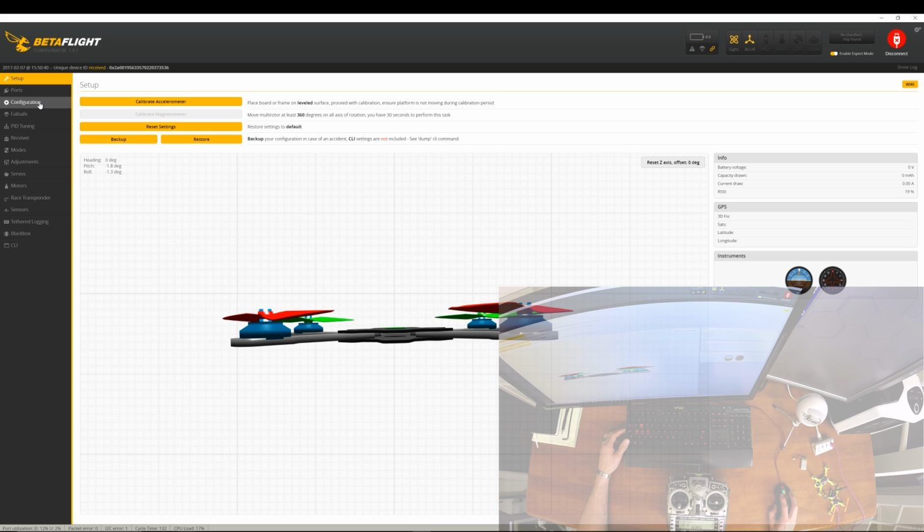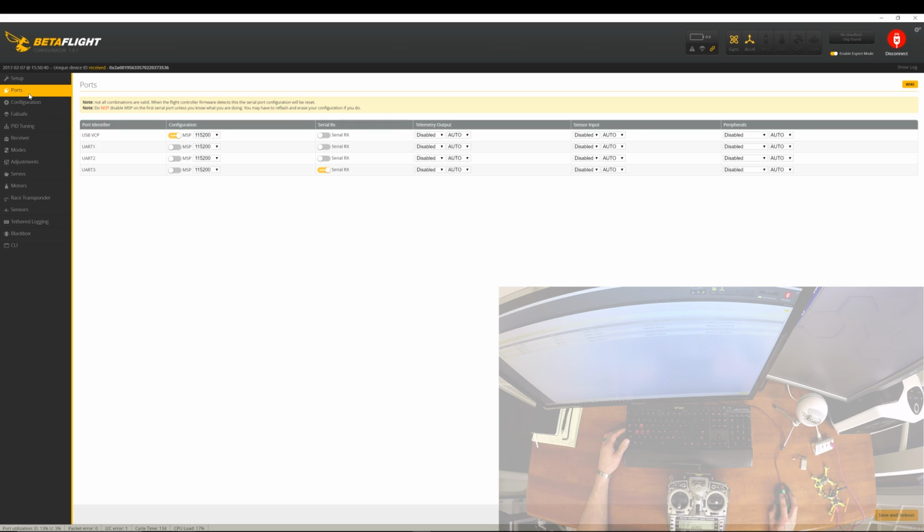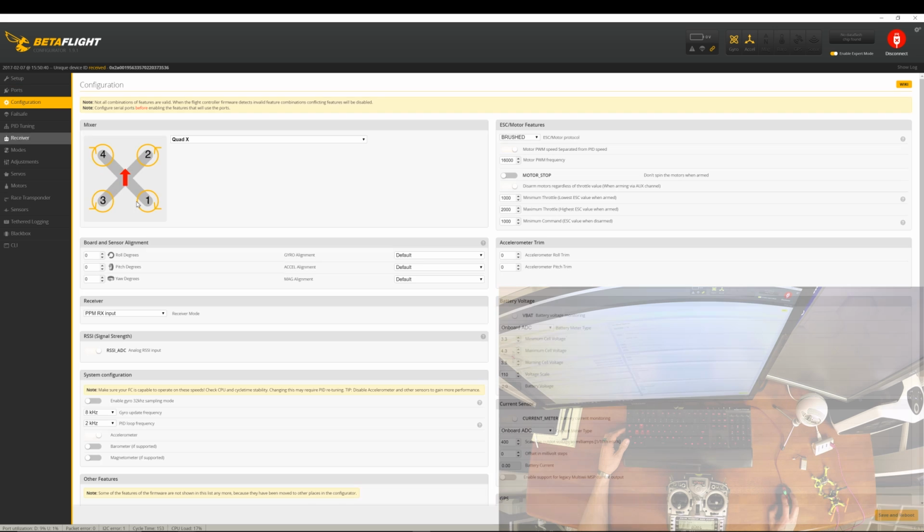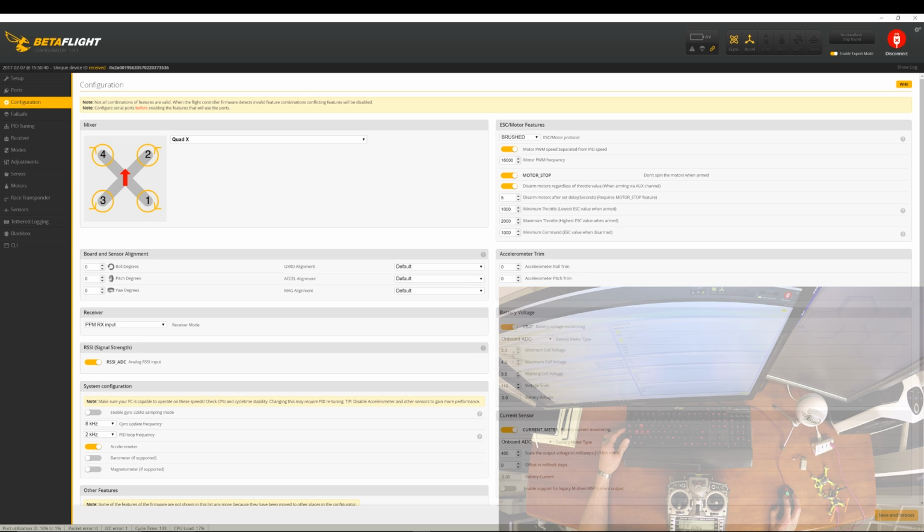And I'm going to jump straight to ports again to double check that that change did get saved. Okay, so now we should be able to communicate through serial on UART3. We'll go to configuration next. We are using brushed motors. Make sure that's selected. We want motor stop on. This all looks good. Quad X